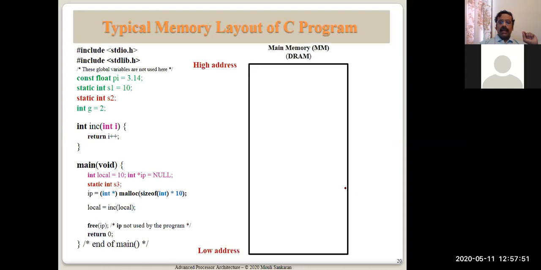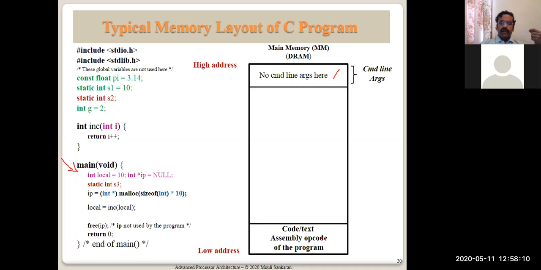Now, just to recap, assume that a main program is the entry that you are all aware. Assume we don't have any command line arguments coming from the user. It starts executing from here. So we have code and data here. Initialized static variables are defined here. They're all already initialized with these values. These are all the content of the executable file,